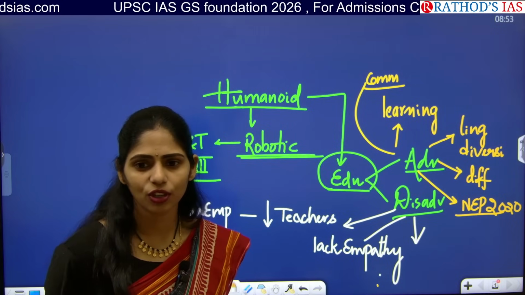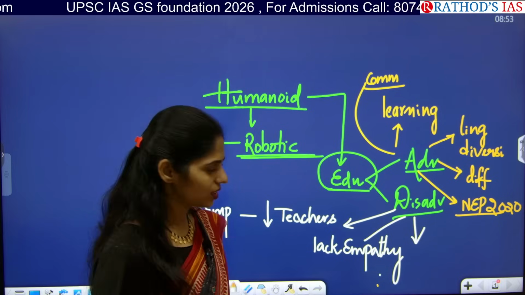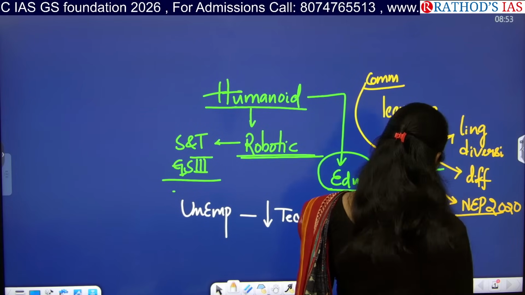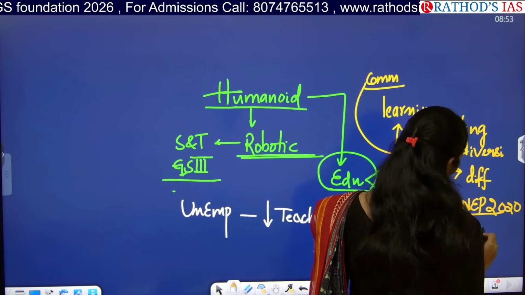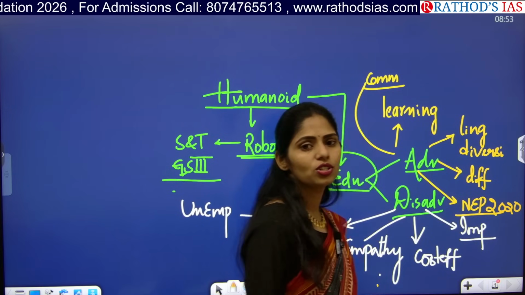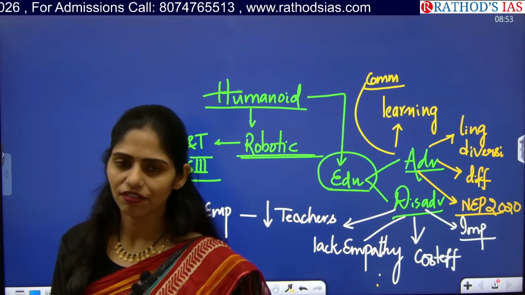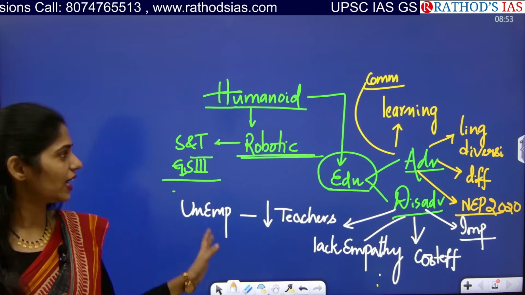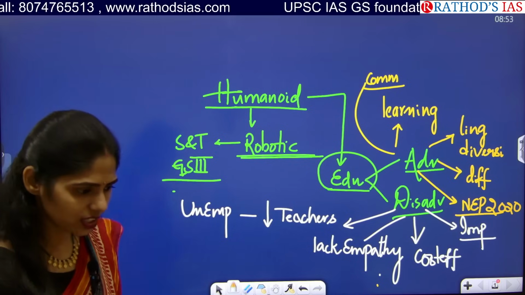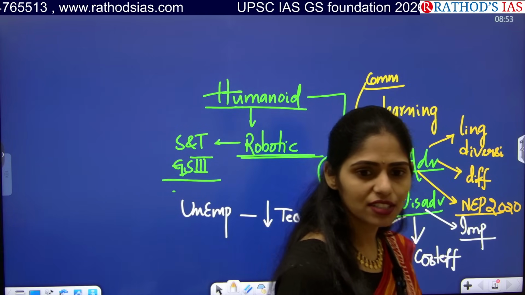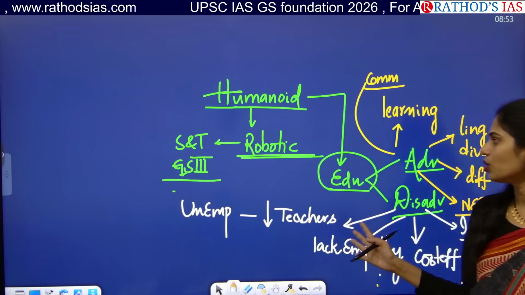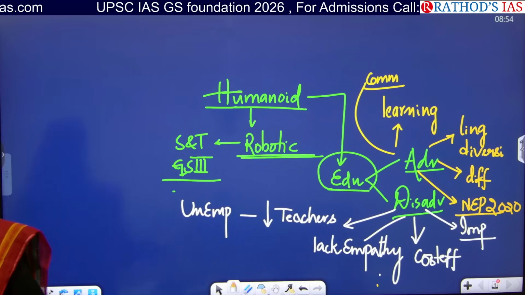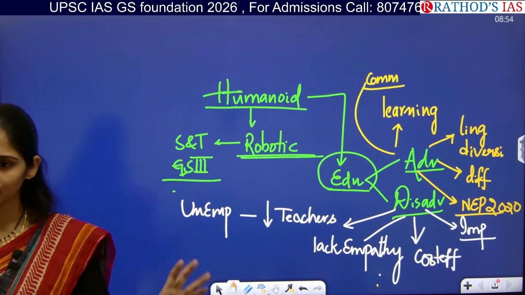Initially, is it easy to bring the robots? We need to have cost efficiency. Cost will be high, and even implementation problems will happen, right? Nowadays we are using robots in different fields, like defense, in hotels, in hospitals, and even in TV channels we have AI anchors, and now we are using these humanoid robots in education. Whenever we see the financial efficiency, yes, initially the cost is very high, I can accept that with you.